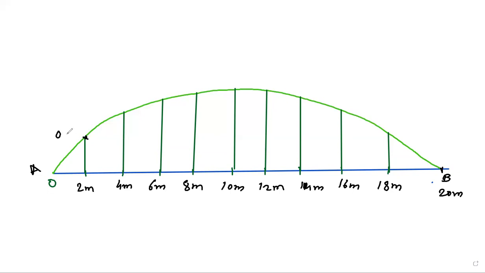Point 0.613. At 4 meter, 1.16. At 6 meter, 1.588. At 8 meter, 1.86. At 10 meter, 1.953. At 12 meter,